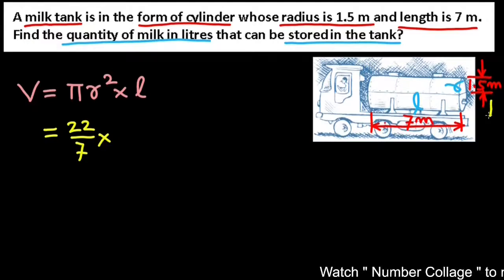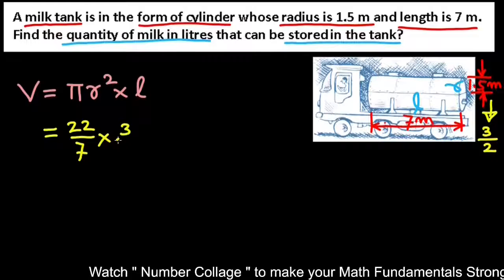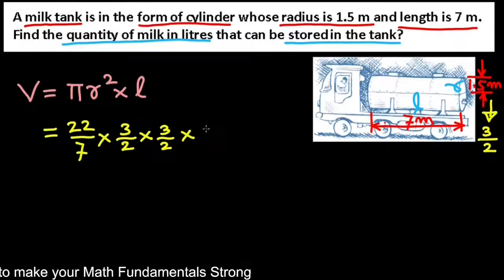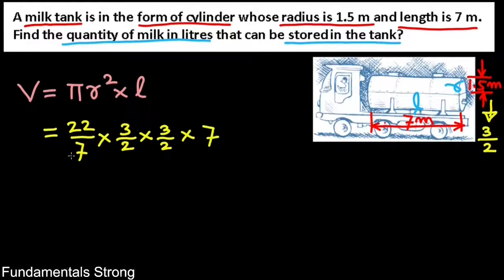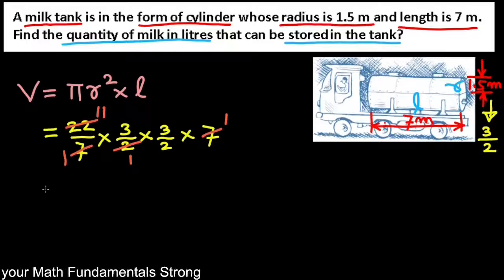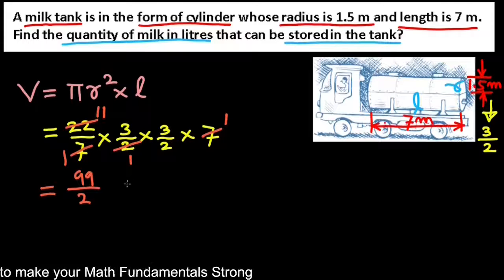This 1.5 we will write as 3 by 2. So here we put 3 by 2 multiplied by 3 by 2 multiplied by length of the tank, 7. So this 7 cancels with this 7. Then 2 ones are 2, 2 elevens are 22. So that will be 9 multiplied by 11, that is 99 by 2,